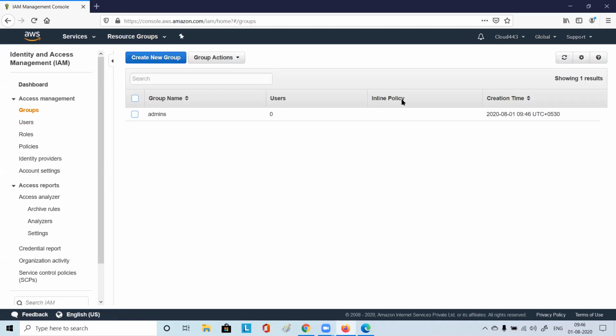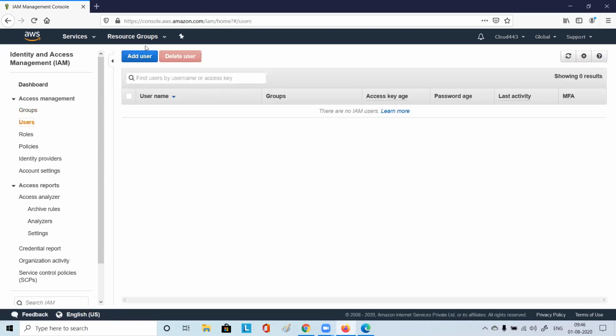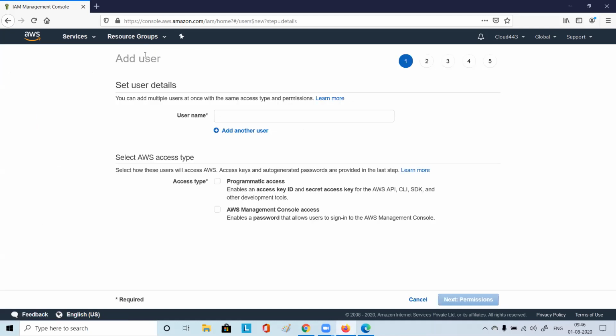Here you see this inline policy I was talking about. I'll explain that also. You see user, you click on add user, and give some username, say admin1.